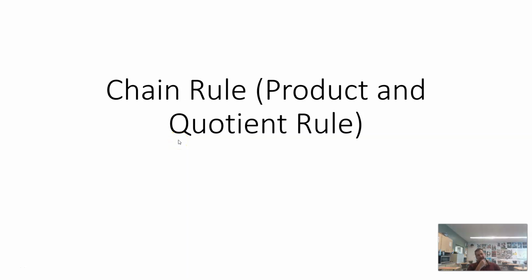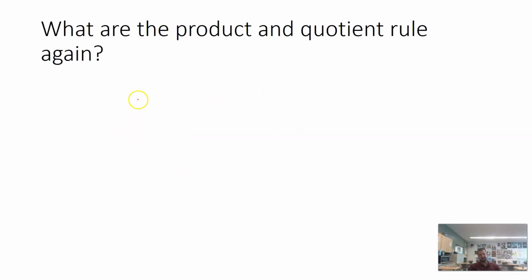All right, guys, so what we're going to be talking about here is just kind of an extension of what we talked about previously with the chain rule. And that is what happens when we need to use the chain rule and the product and the quotient rule are already, like, you look at a problem, you're like, okay, that looks like a product or a quotient rule. Now, in order to do that, the one thing that I do want to just remind you of real quickly